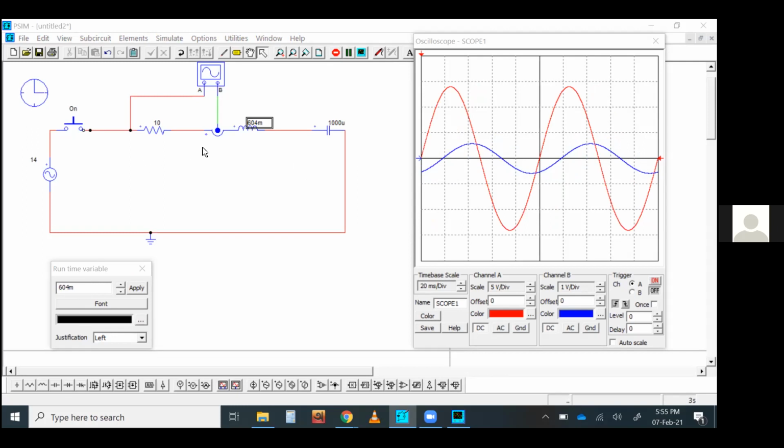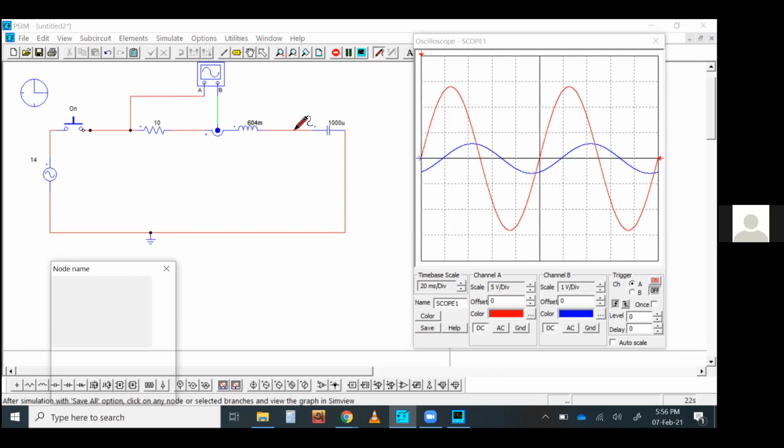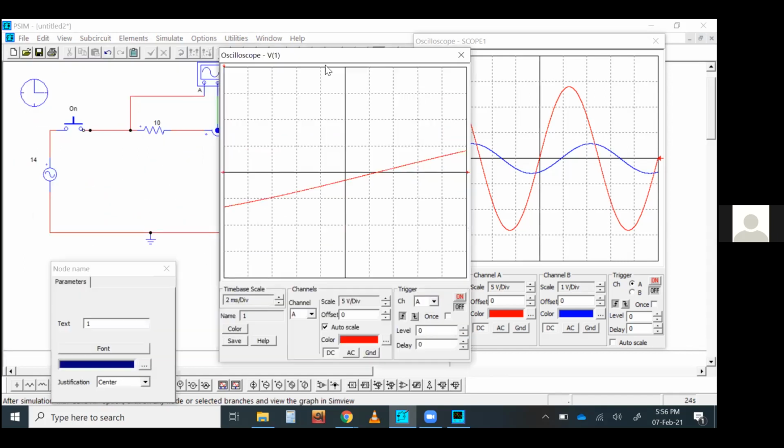Say for example, you are only using one oscilloscope here. Suddenly some idea came to your mind. You want to see what the voltage is at this point, or at this point. You don't need to put another oscilloscope here. You can simply put this probe. You can see display voltage current. It's very convenient. Just click it here and put it. That will give you a window. Very impressive.